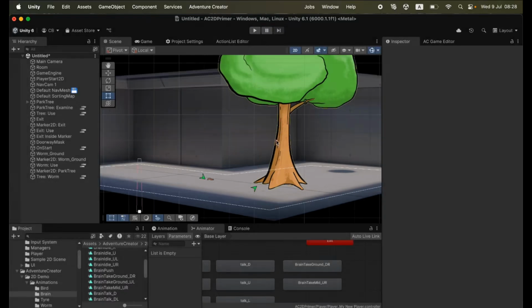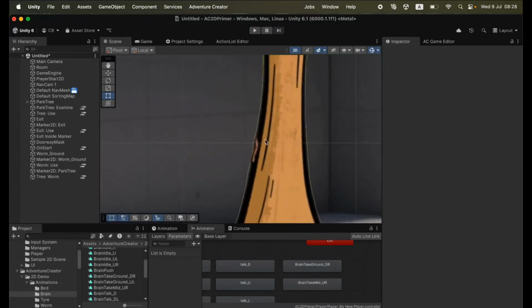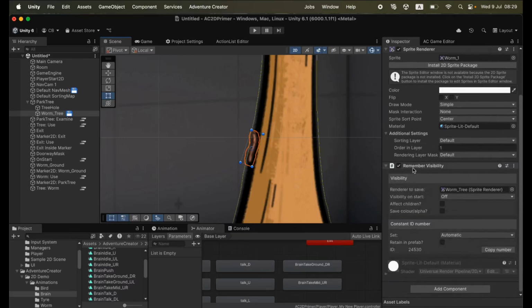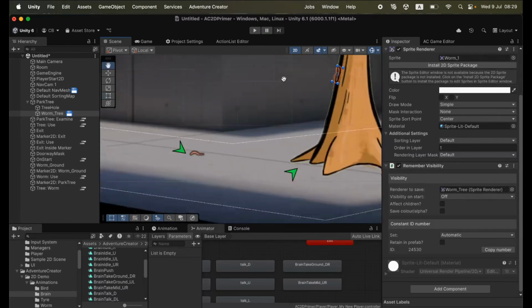The visibility state of the worm on the tree here is being saved automatically, and that's because we attached the Remember Visibility component to the sprite. Adventure Creator uses this Remember system as a way of telling AC what kind of data we need saving for our scene objects. For the worm on the ground here,